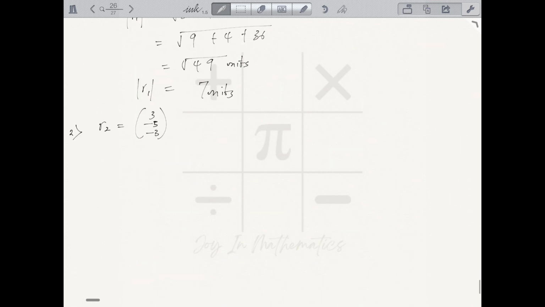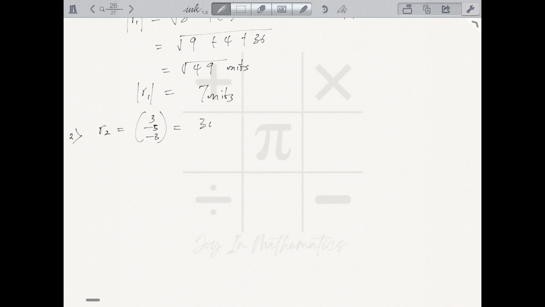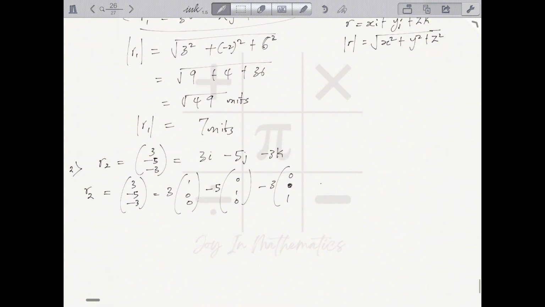So as usual, we can just simplify this to give us 3i minus 5j minus 3k, or we go through it and simplify it for understanding's sake and say (3, -5, -3) is equal to 3 times (1, 0, 0), plus or minus 5 times (0, 1, 0), and we have minus 3 times (0, 0, 1), with the understanding